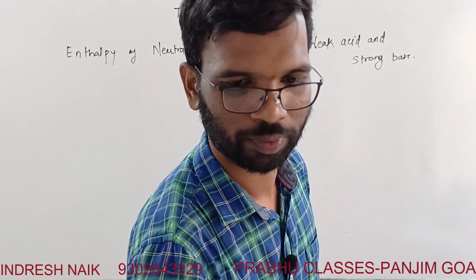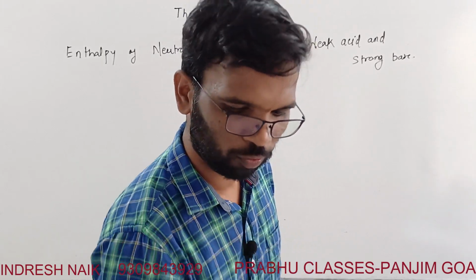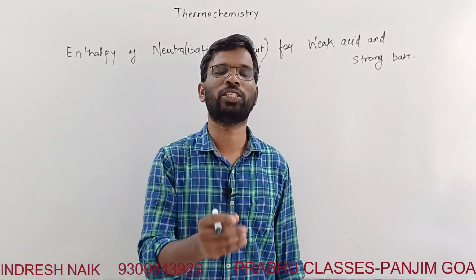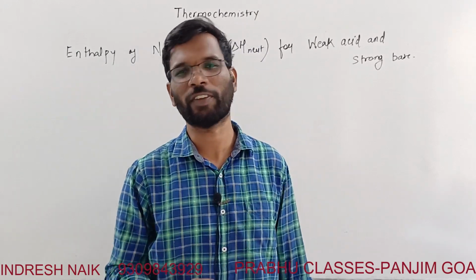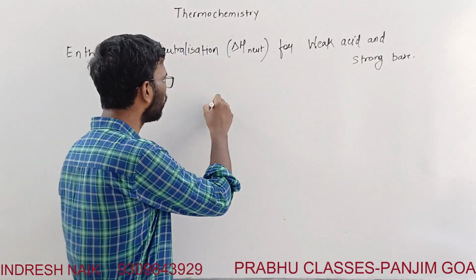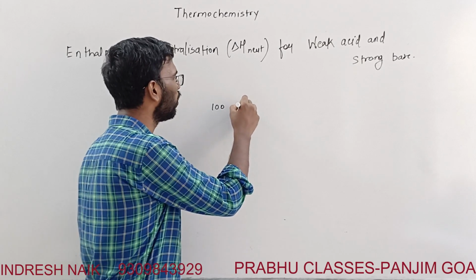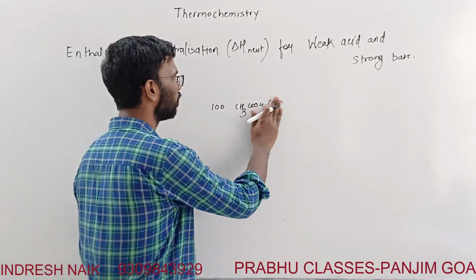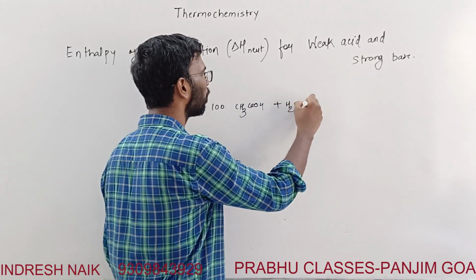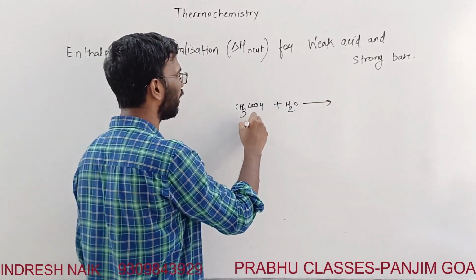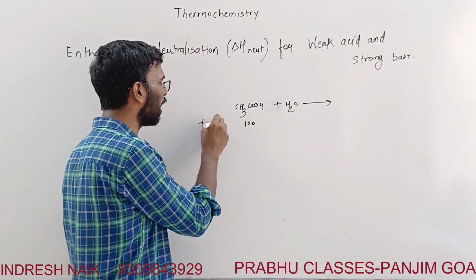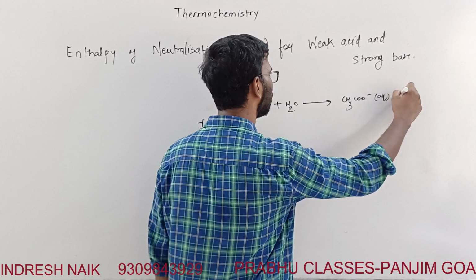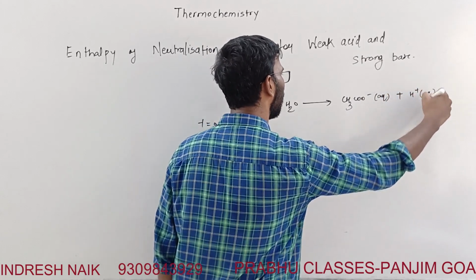You can comment in the comment section also. Example of weak acid. What is the meaning of weak acid? The dissociation is very less. Means what? If 100 molecules, just taking an example, if 100 molecules of CH3COOH are there in water, and you put this into water, like 100 molecules are there initially, then at time t equal to 0, you should get CH3COO minus aqueous and H plus aqueous.